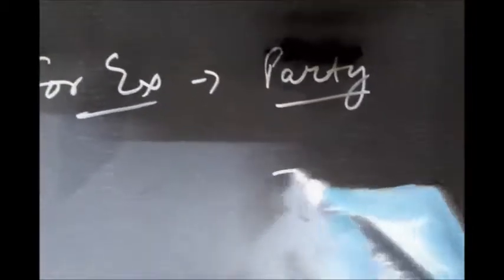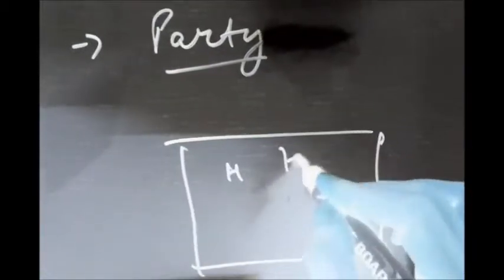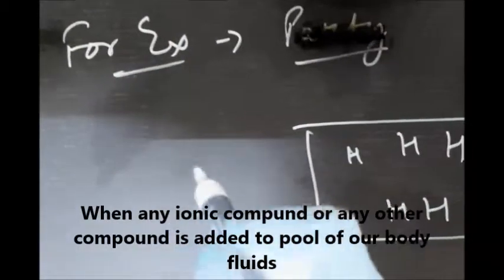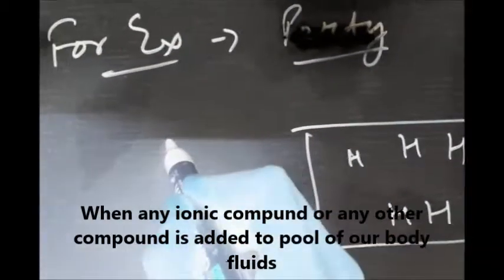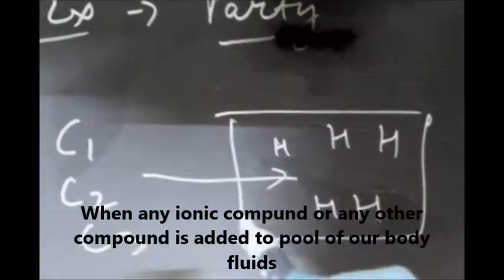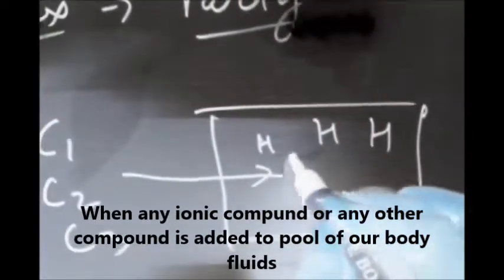For example, take the example of a party where the hosts are more in number than the persons invited. It is a party hall and there are many hosts. Now, for example, couples are invited: couple 1, couple 2 and couple 3. When they enter the party hall, they may split into two.